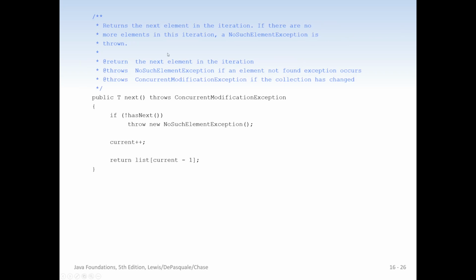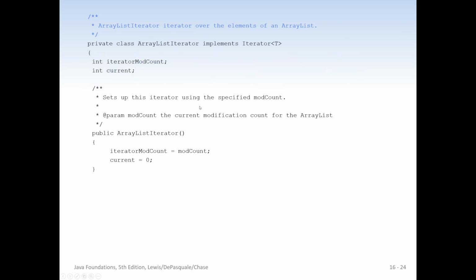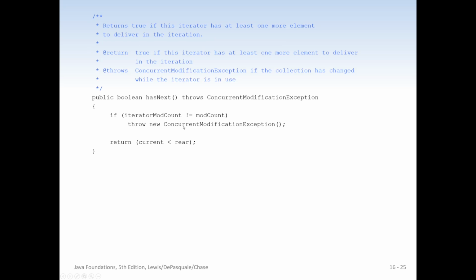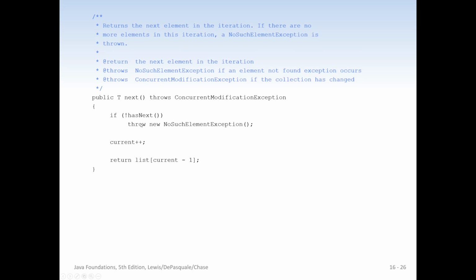All right, so you see how this works, and you see how we check the mod count to make sure that things haven't been modified. So those are the two key things. The key thing here is really how next works. So we check to see if we have a next one. If we don't, we throw an exception. We increment the current, which remember we set to 0. So this will now be 1, and then we return current minus 1. So we return the previous one